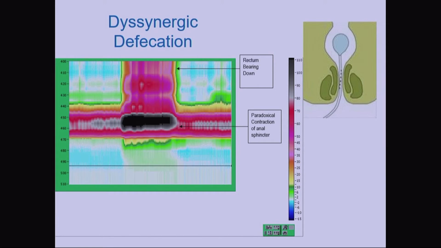In pelvic floor dysfunction, when a child is cooperative, allows the anal balloon placement and doesn't need sedation, you can ask them to expel a balloon. Some children cannot expel a balloon because they are paradoxically contracting the anal sphincter, and these patients need biofeedback